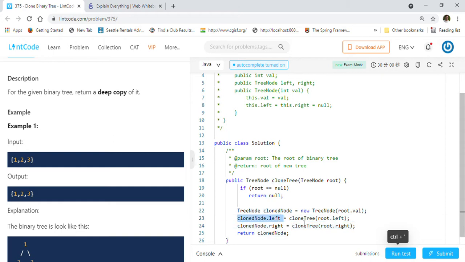So we want to attach the left subtree to the left side of the root of the clone tree, and we are attaching the right subtree to the right of the root of the clone tree here, right? Because the clone tree method is giving us the tree node back, and here we are going to return the clone node. So as the recursion finishes, it will give us back the root of the clone tree, right? So this is our solution using recursion.